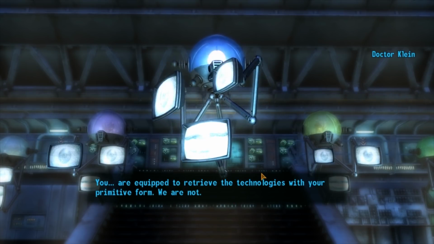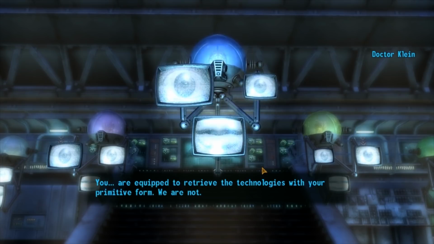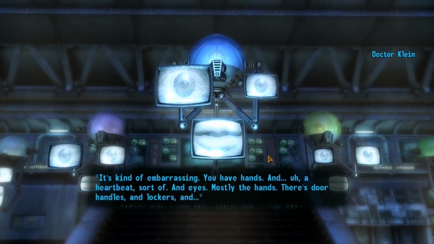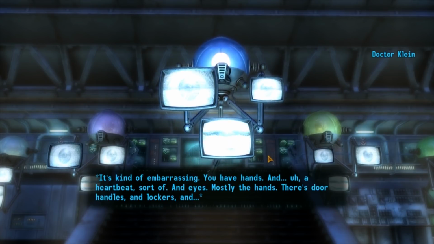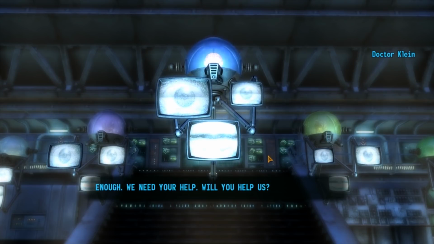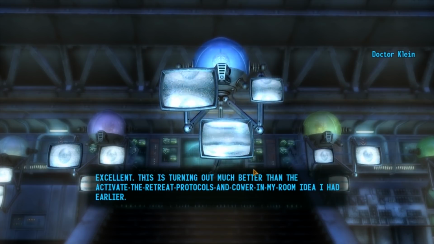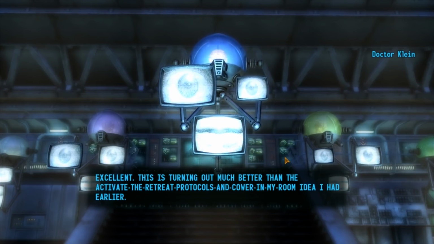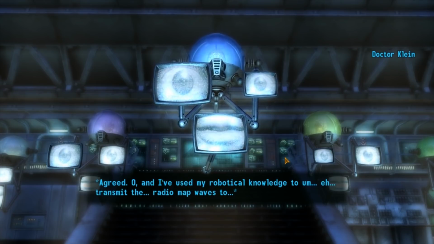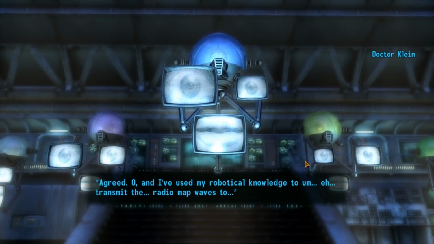No? Why not? You are equipped to retrieve the technologies with your primitive form. We are not. It's kind of embarrassing. You have hands, and a heartbeat, sort of, and eyes, mostly the hands. There's door handles and lockers and... Why can't you put your hands on yourself? Enough! We need your help. Will you help us? Just spit it out before you bore me to death. Excellent. This is turning out much better than the activate the retreat protocols and cower in my room idea I had earlier. Agreed. Oh, and I've used my robotical knowledge to transmit the radio map waves to...